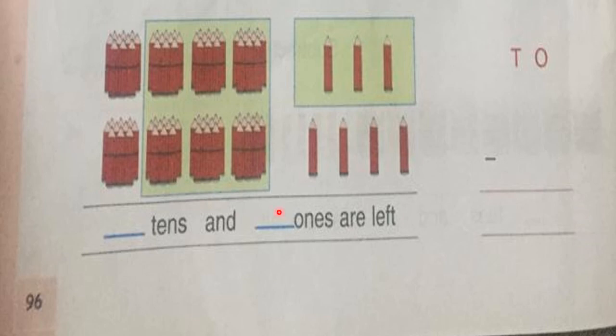Next, just see here. Count the stacks along with ones. 1, 2, 3, 4, 5, 6, 7, 8. 8 tens and 1, 2, 3, 4, 5, 6, 7. Now see this. 87 is the number. Now count the ones which are colored. How many? 3. And tens? 1, 2, 3, 4, 5, 6. 63. 7 minus 3, 4. 8 minus 6, 2. What is the answer? We have to write the answer here. 2 tens and 4 ones are left. Okay.